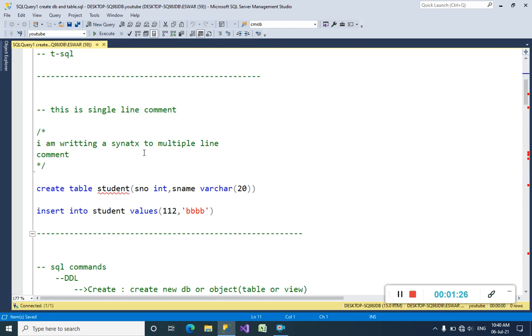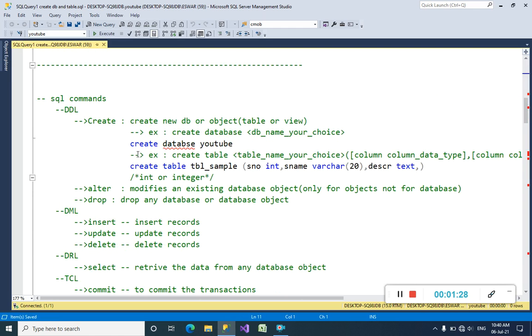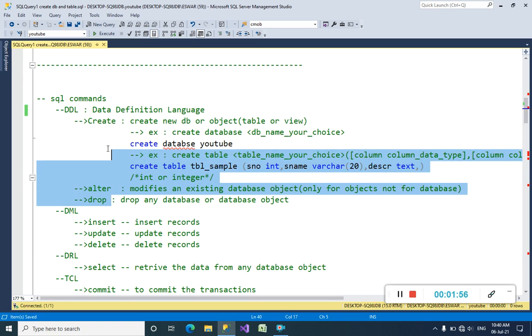See, guys. We are going to learn SQL commands. First of all, DDL commands, guys. DDL means data definition language. In these DDL commands, we have create, alter, and drop commands.